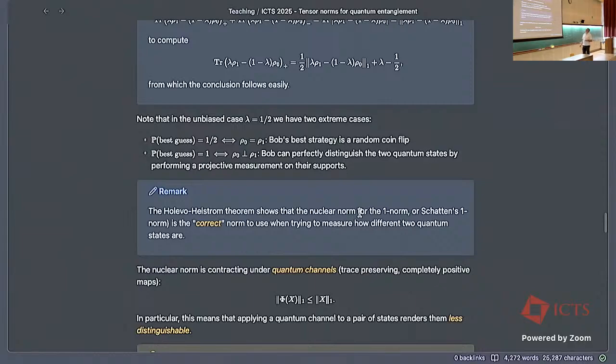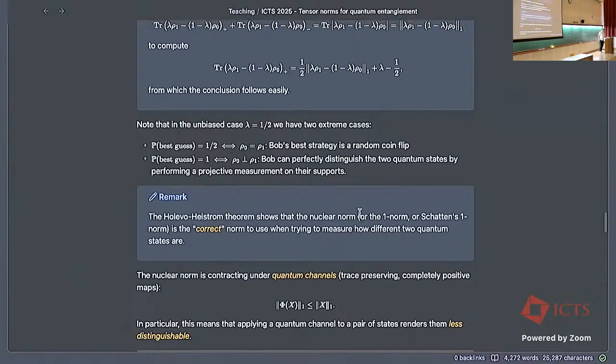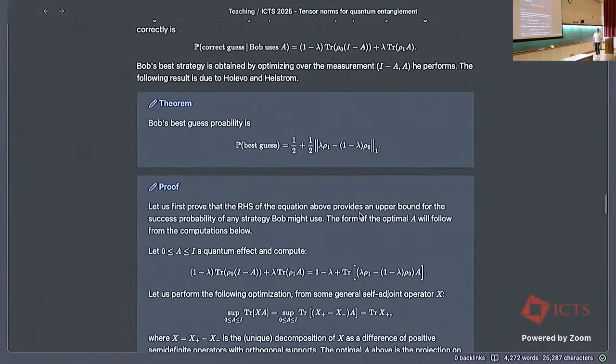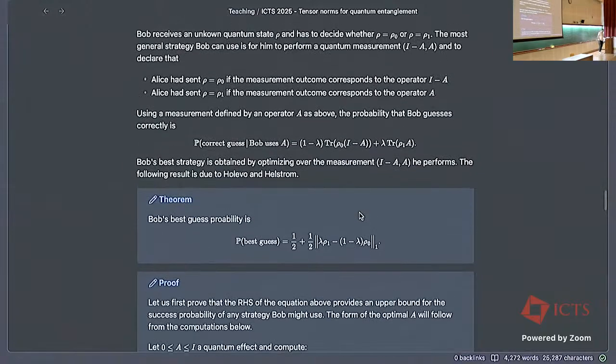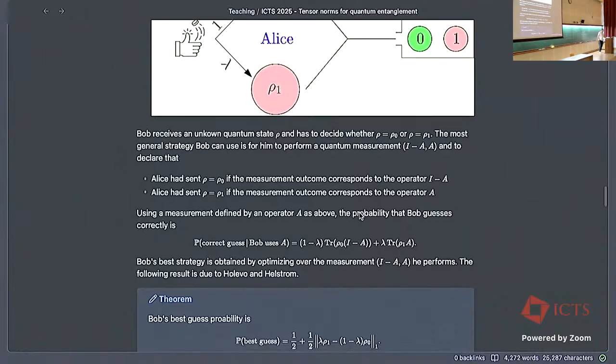So what does this mean when I look at this theorem here? Let me show you the picture again. So imagine now you have the same protocol. Alice prepares one of rho 0 and rho 1, and she sends it to Bob. But in the middle, there is some noise affecting the state during the transmission. So Bob will not receive rho 0 or rho 1. He will receive phi of rho 0 and phi of rho 1, where phi is this quantum channel modeling the noise. Then this contractive property of the one norm means that this bias term here will be smaller with phi